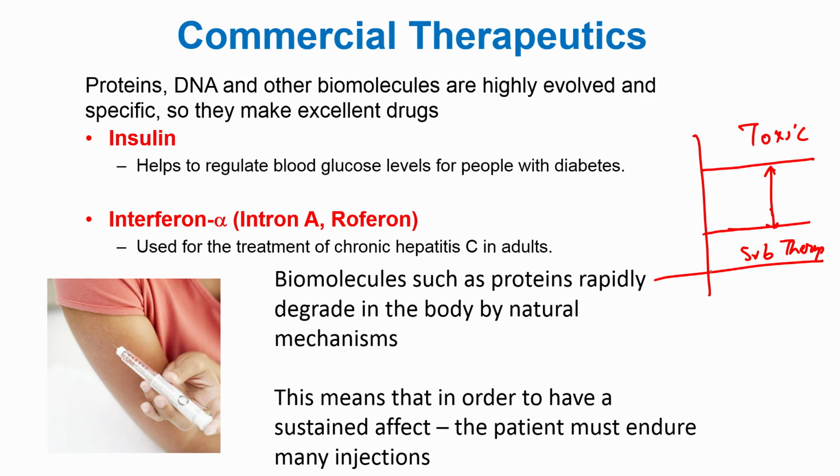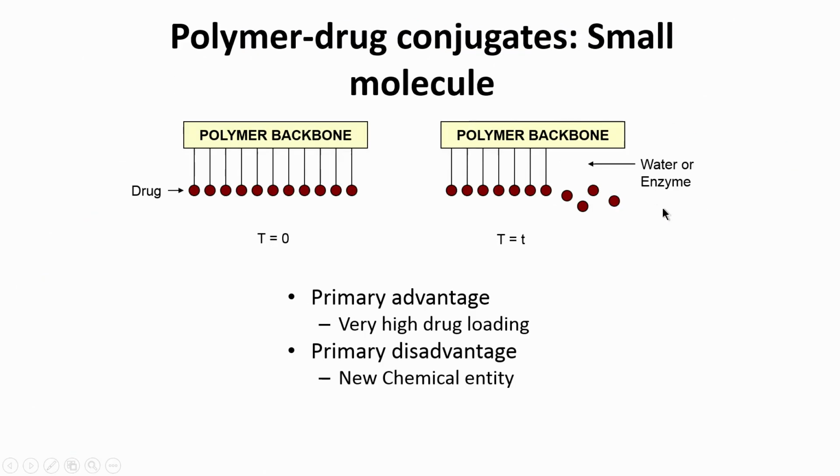So right now, if I take this tablet and injection, I am getting a kinetics like this, however, I would like the kinetics to be more like this. So how are these polymers going to be used for this? So one example is polymer-drug conjugates. Very widely used. So what it is, you have a polymer backbone, you take your drug and attach it